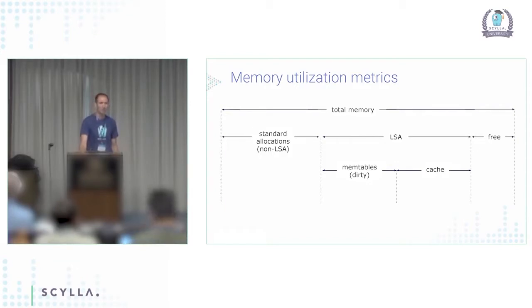And then there are standard allocations. Standard allocations are not supposed to be very large. Usually they are around queues, managing the software and so forth, the lifetime of Scylla. But again, if we have a queue building up, it will eat up memory from memtables. The first thing that will take the hit is the cache that can be relinquished. Memtables cannot be dropped out. They need to be flushed to the disk. So that's the first item that will be hit.